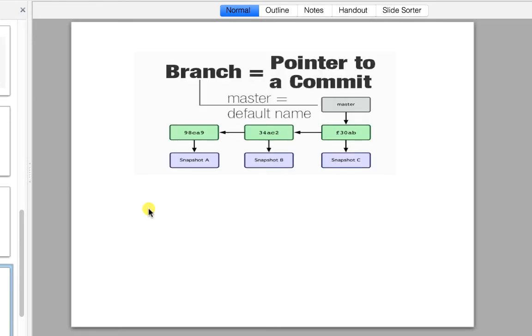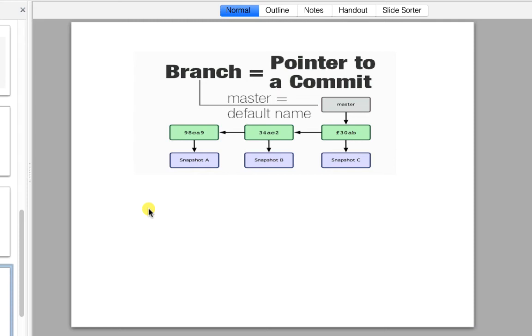So once we are committing our changes continuously like this, there should be a pointer which points to which snapshot, on which version of the repository we are. As here, in the current example, we have three: snapshot A, snapshot B, and snapshot C. So like that there might be thousands of snapshots. Which snapshot we are currently on and in which branch we are, that is determined by various pointers.